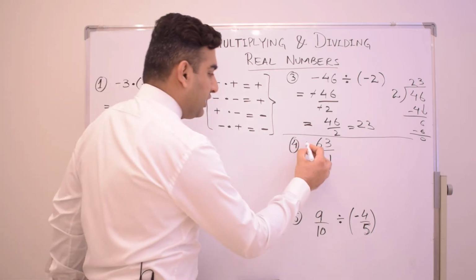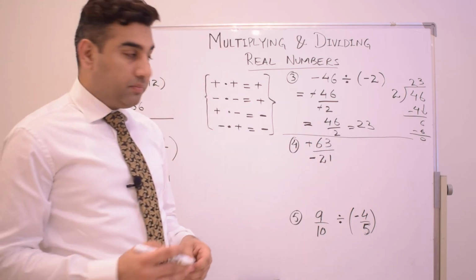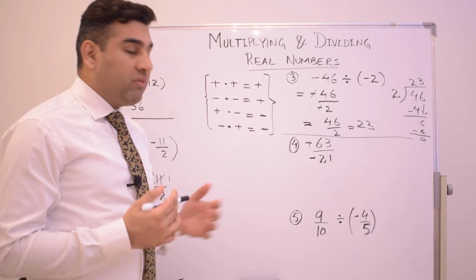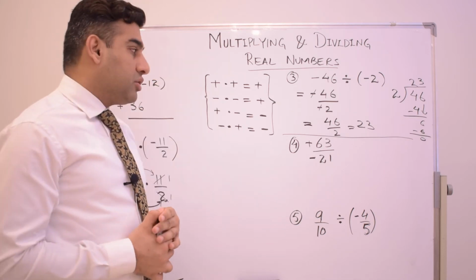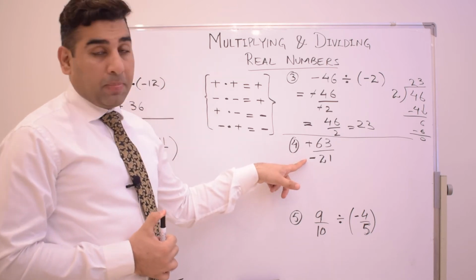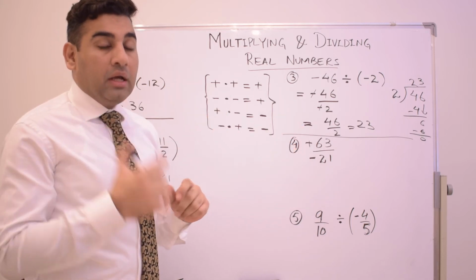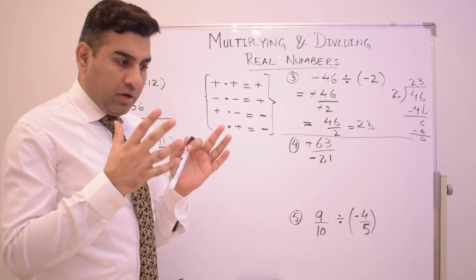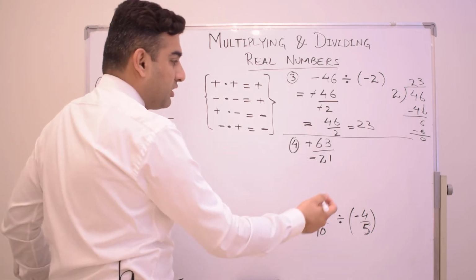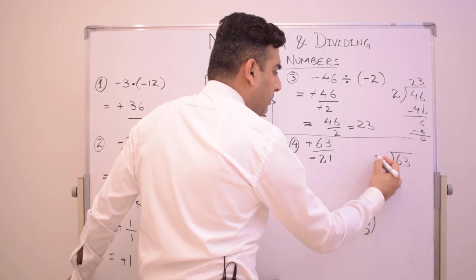Okay guys, now part number 4, 63 divided by minus 21. Now the 63 is plus, the denominator is minus. What sign will come with your answer? So guys, as I told you in the previous videos, whenever you have minus in the numerator or in the denominator, only one minus, your fraction will give a negative answer. So guys, first of all we divide 63 and 21. You can use the calculator, I am just doing it manually.